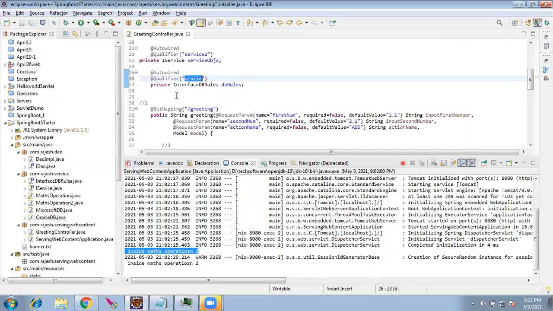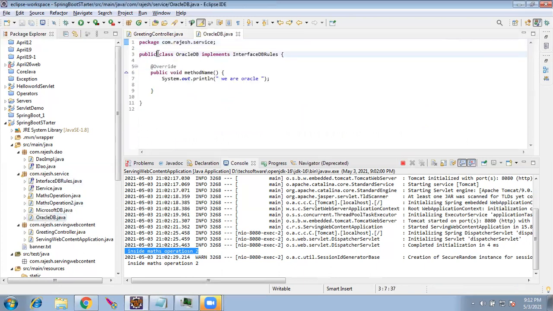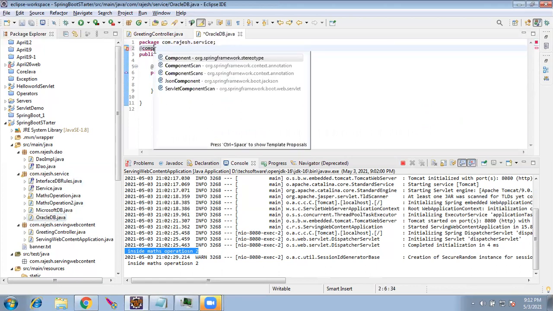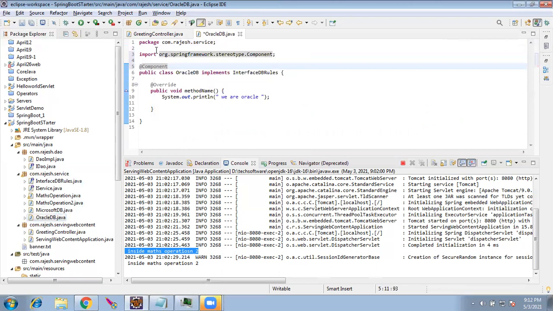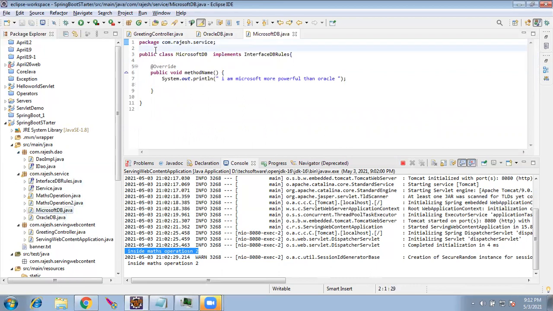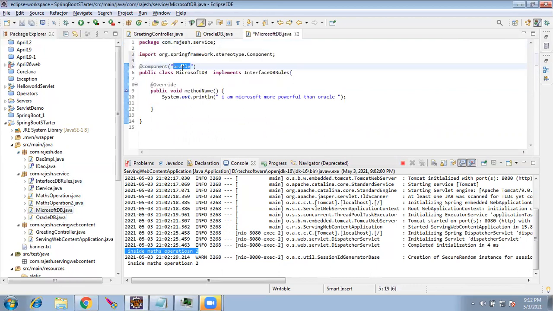Okay, and similarly in this Oracle DB, I have to add a component, and inside that I have to give a name for it. This is Oracle. Okay, the same way when I am using a Microsoft DB, I'll give here Microsoft.